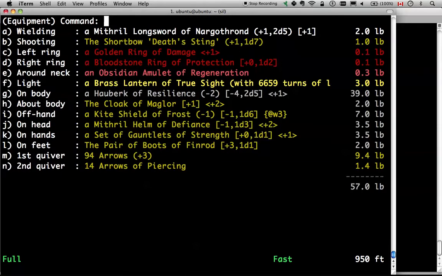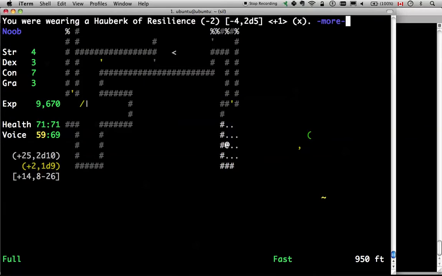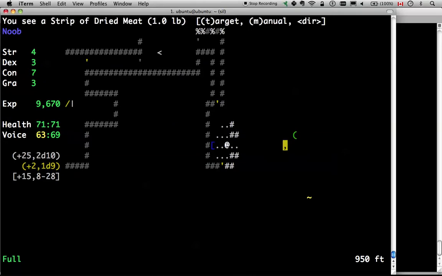So this is better than mine, right? Yeah. Sweet. I was really hoping for an Amulet of Constitution. That's sort of critical for this build. But